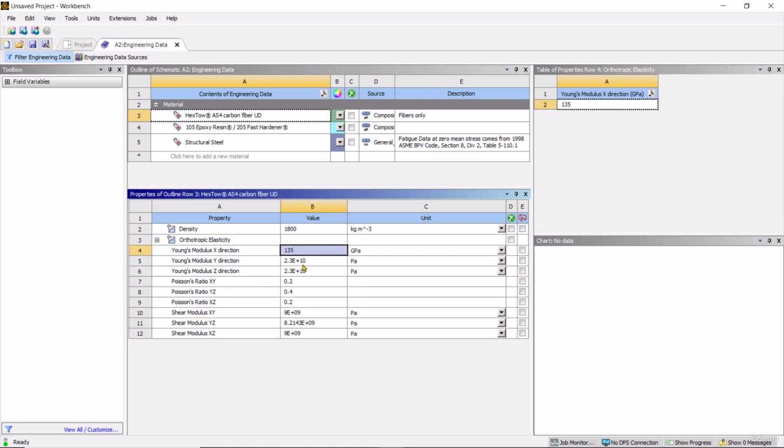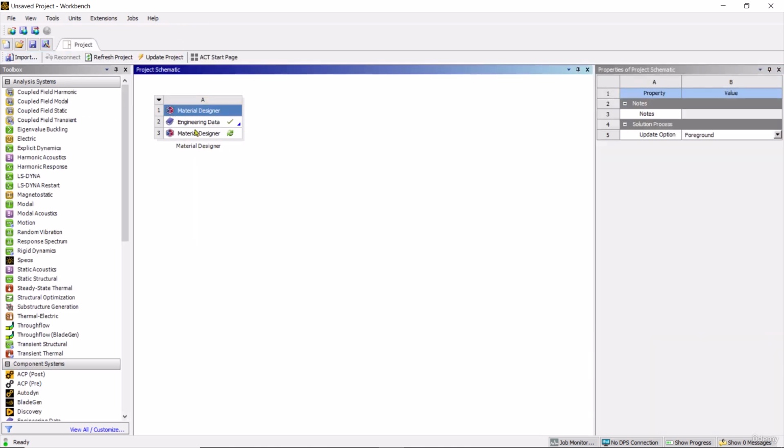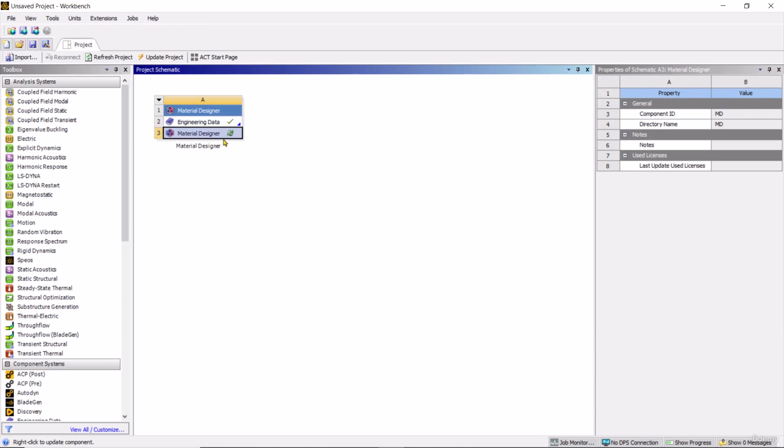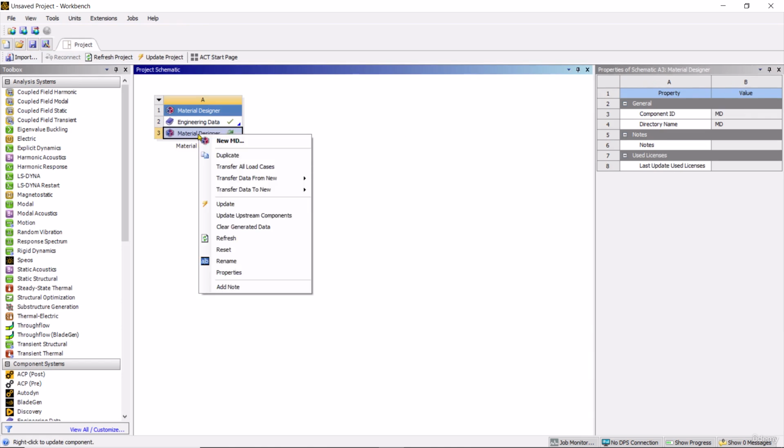No need to define the tensile strength. After defining the Young's modulus or tensile modulus, which is 135, let's go back to our project like this. Now I will right click on the material designer